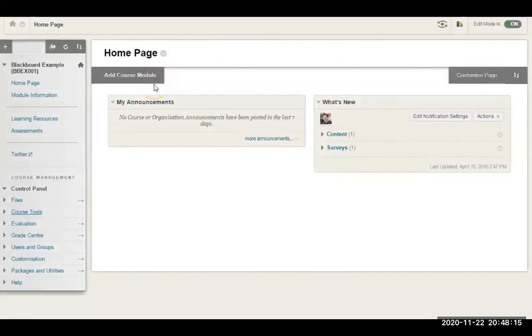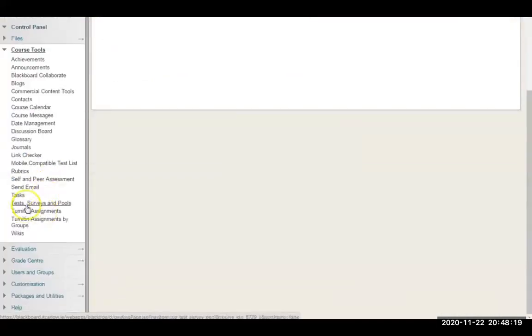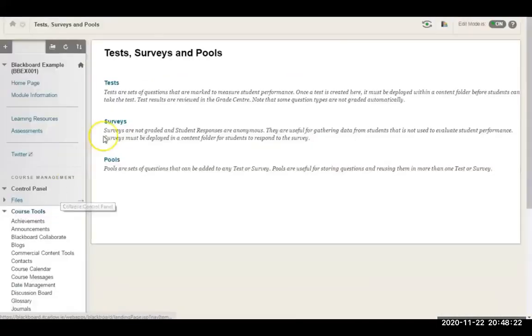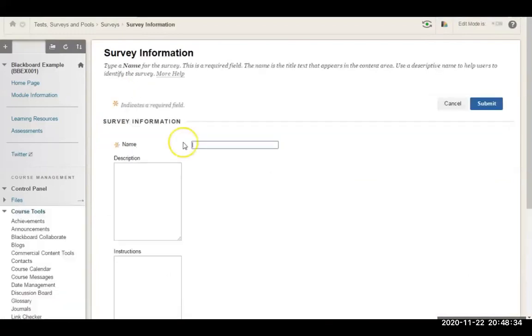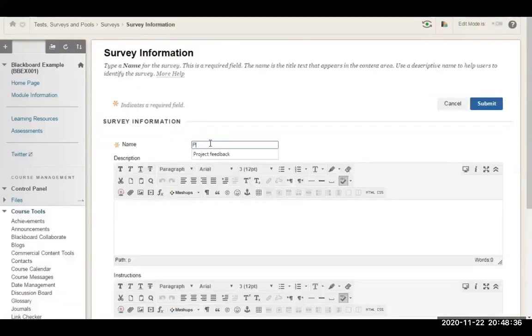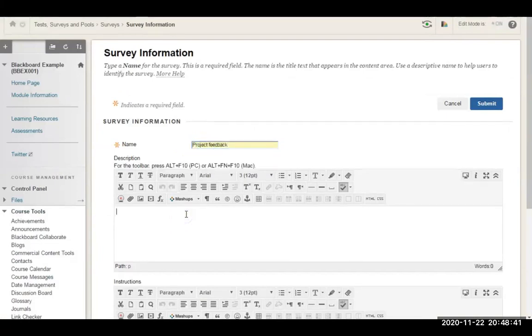To create a survey in Blackboard, go to your Blackboard course and under Course Tools, choose the Tests, Surveys and Pools section. Going into the Survey section, you can choose to build a survey, or you can duplicate an existing survey and then edit it. So we'll build a new survey from scratch. We'll give it a name. Say we've just done a project and we want some project feedback. We give a description, which is optional, to say it's your feedback on a recent project,